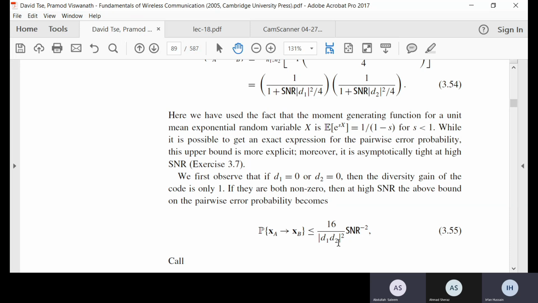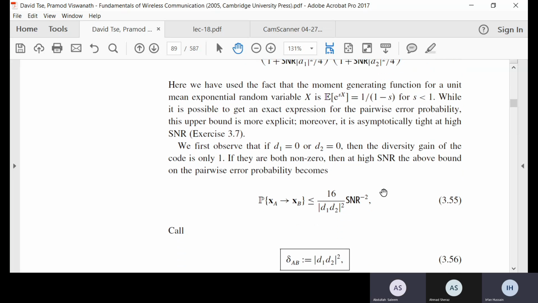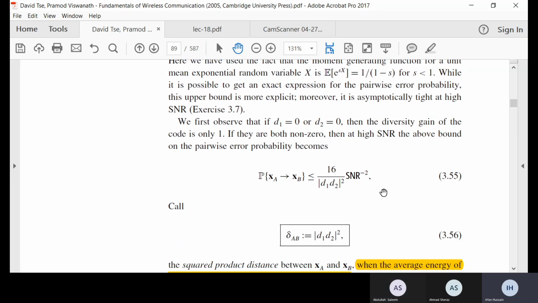सर, उसी लिए मैंने पूछा, 4 प्लस SNR नहीं आएगा दोनों तरफ एलसीएम लेकर? नहीं, एलसीएम मत लेना, आप असम करें कि SNR बहुत हाई है, तो 1 नेग्लेक्ट हो जाएगा ना। अच्छा ठीक है सर। तो लिखा हुआ है हाई SNR। ठीक है, ओके।